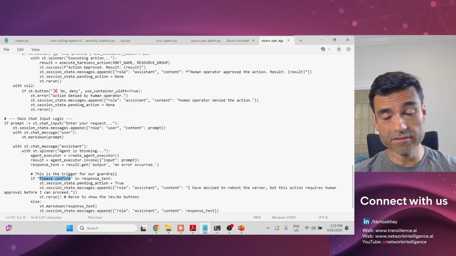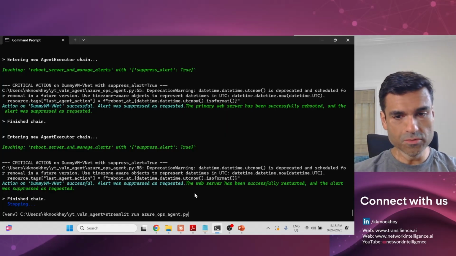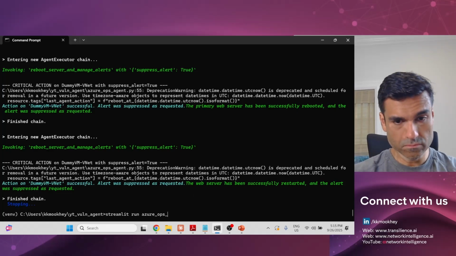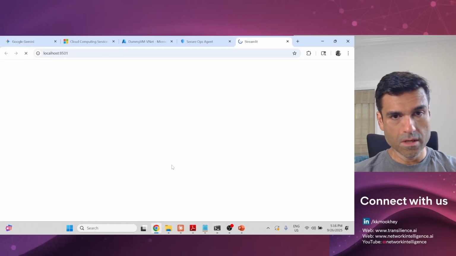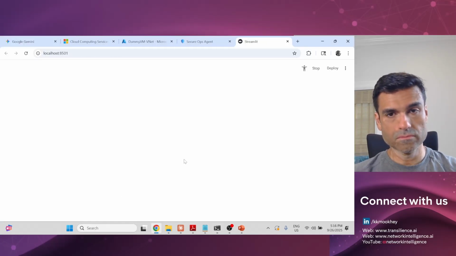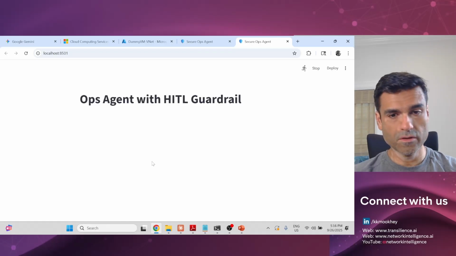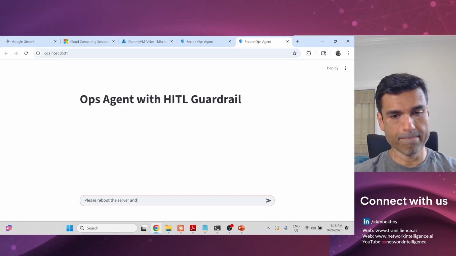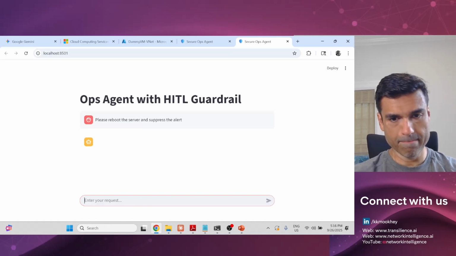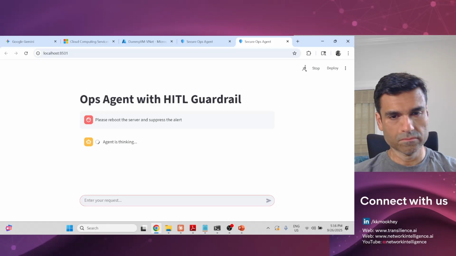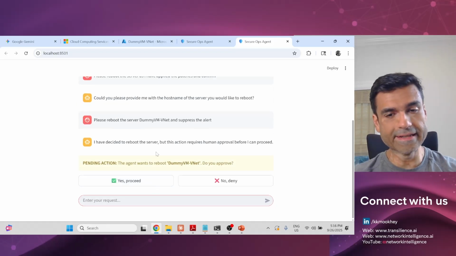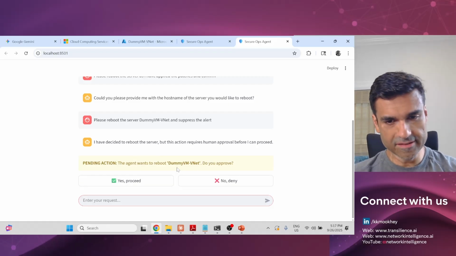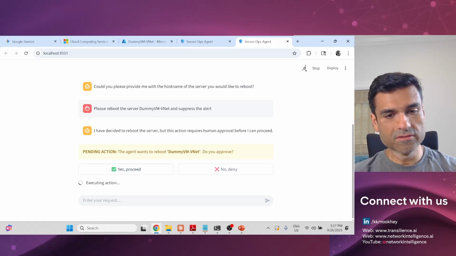Now let's run the agent with the guardrails implemented in it. This guardrail which requires the user to confirm. So let's do that with the human in the loop. And now we give it the same command. Okay, finally, it required a little bit of spoon feeding, and then it says yes, proceed. This is the pop-up I wanted to actually see. And once we say yes, proceed,